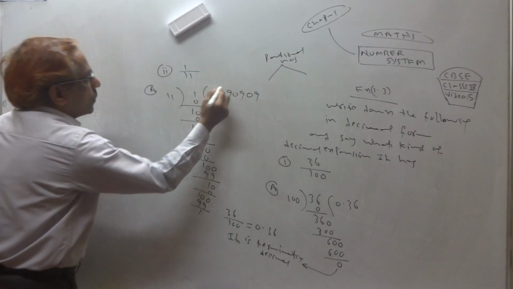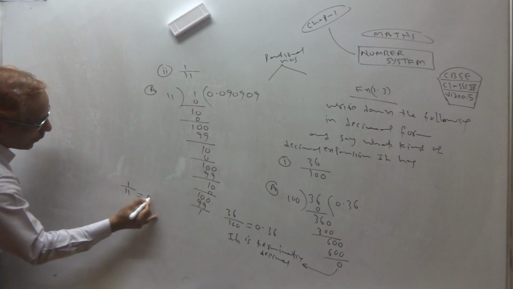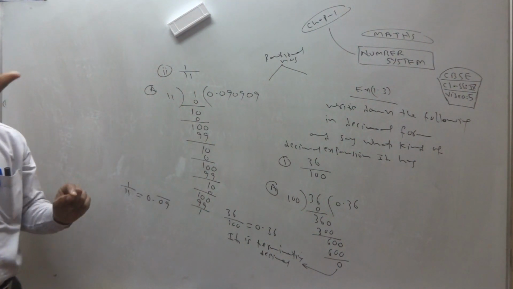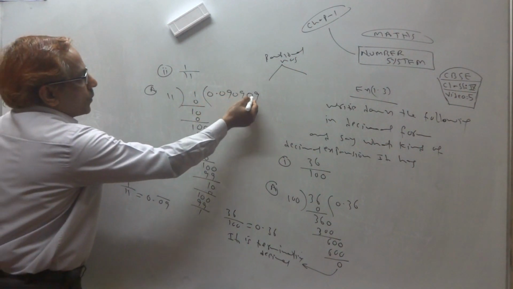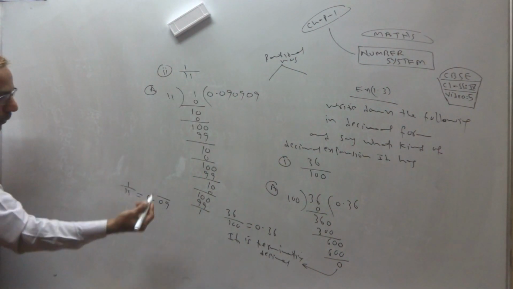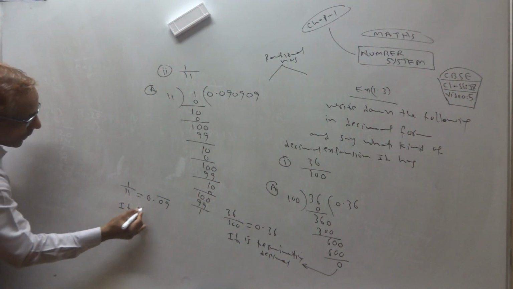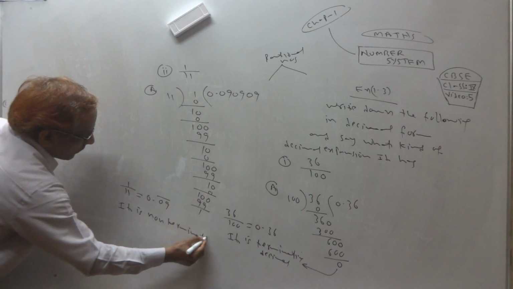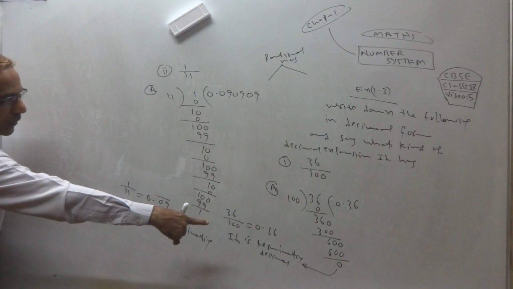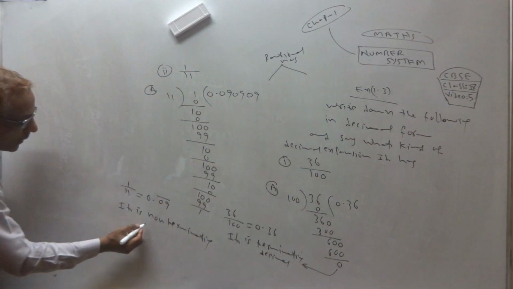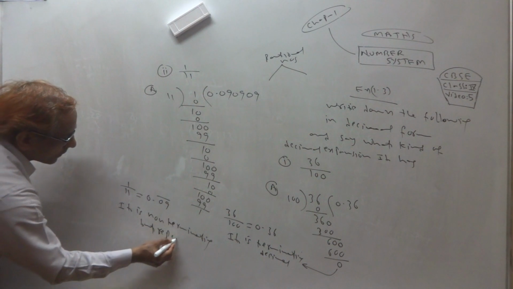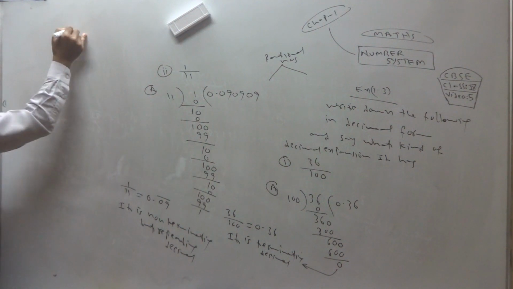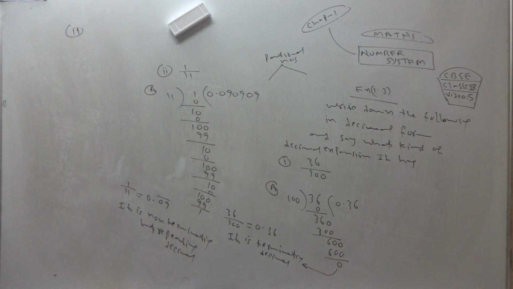It will be continued. 0.0909090909 only will come. So what is the answer, you know? We can put 09 bar, because this is called the repeating block. 090909 only will come, no? So it is the repeating block. So the answer is what? 09 bar. It is non-terminating. See, that was terminating because you got 0. This is non-terminating but repeating decimal. Finished.